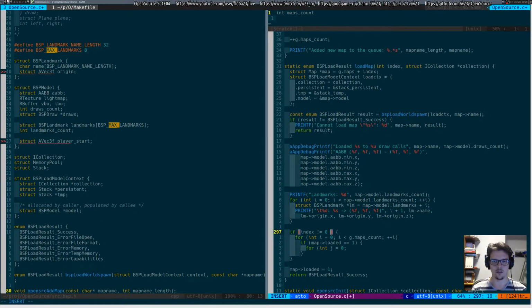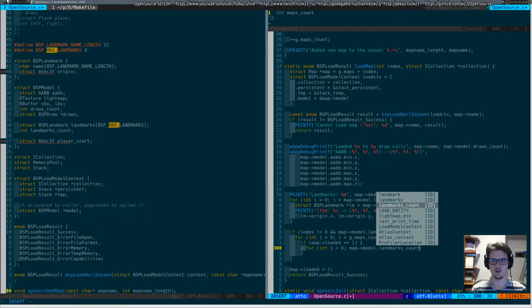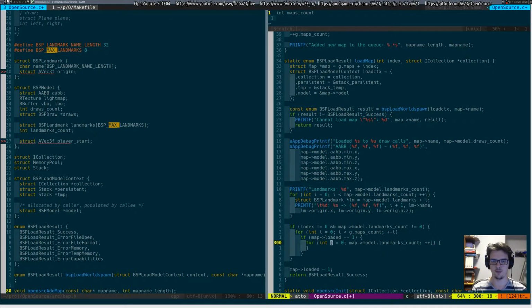If index is not 0 and map model landmarks count not equal to 0, map model landmarks, landmarks count j, and j less than. So for all maps and for all landmarks, whenever I find a landmark,